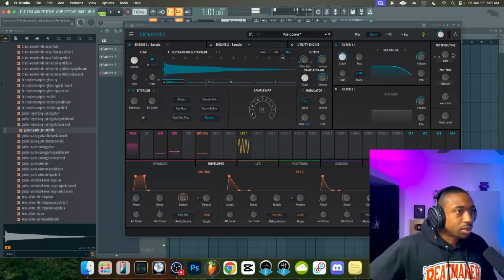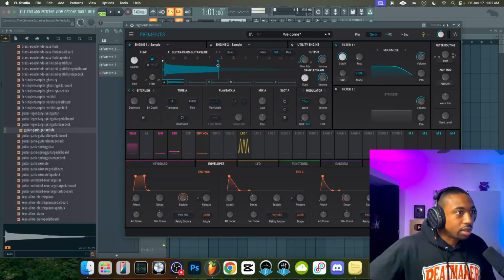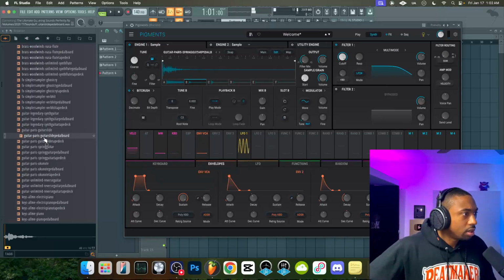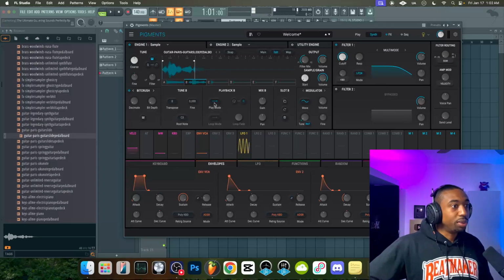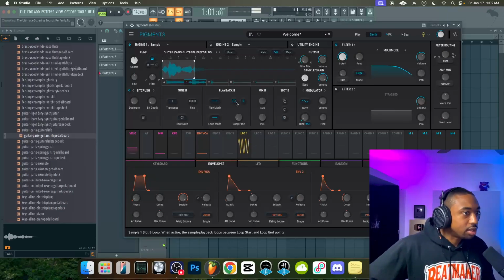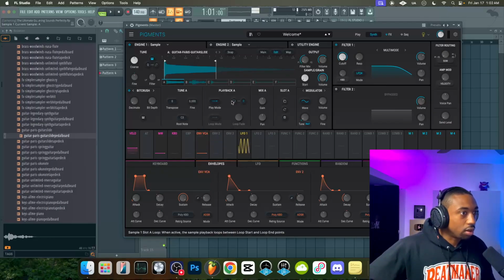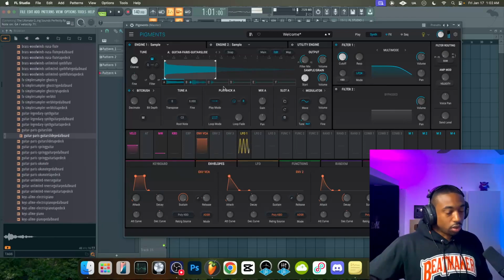Now we do have to edit this. I'm trying to keep this part short, but there is a pitch bend in that, so we want to get rid of that pitch bend. We don't want the pitch bend to occur. And let's just drag this somewhere around here. Now we can also set what's called looping. So we could do forward, backward looping. So let's put this on normal, set this to a loop. Let's do forward and backward looping. So anything that's longer, it will loop on itself based on the loop settings that we have here. So I'm going to hold the note here.